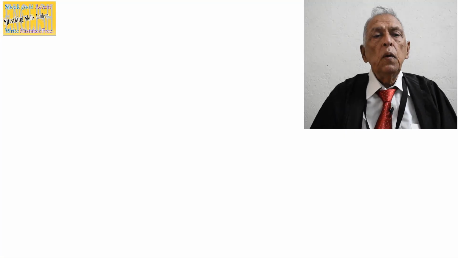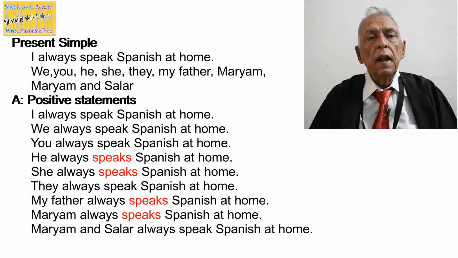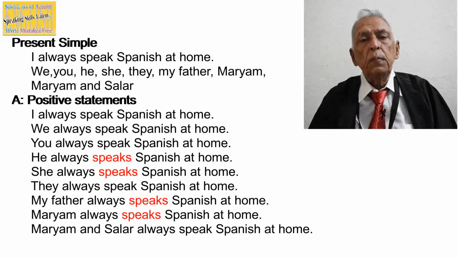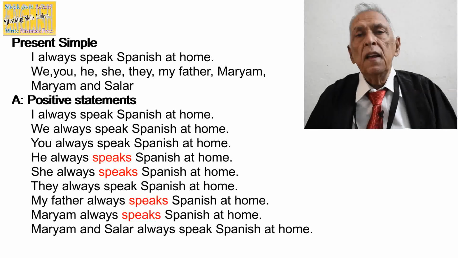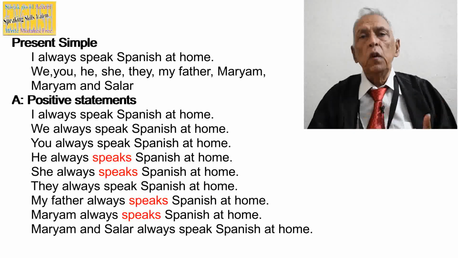Here are some drills for level 1 learners. With a bit of practice, they will speak English with a good accent and write it mistakes-free. We begin with the sentence, I always speak Spanish at home, and now you will see the magic of I, we,